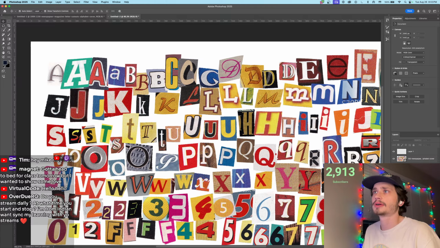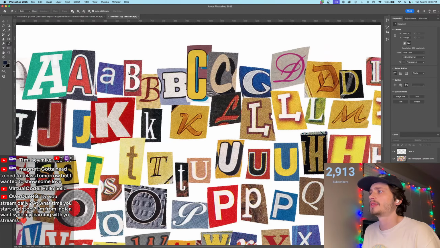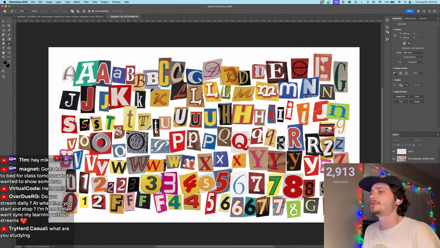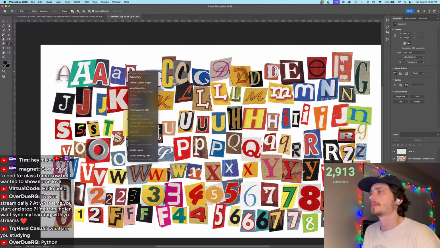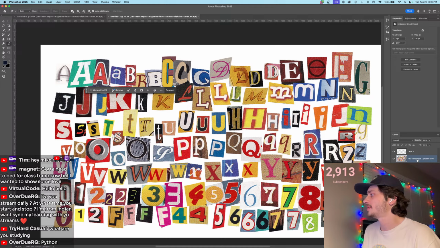So let's go pen tool, so we need the B. But I don't want to make these too zoomed in. We have to have scale, right? So if I take out this B,